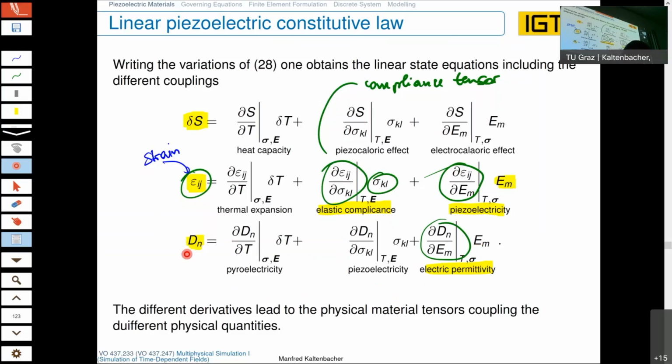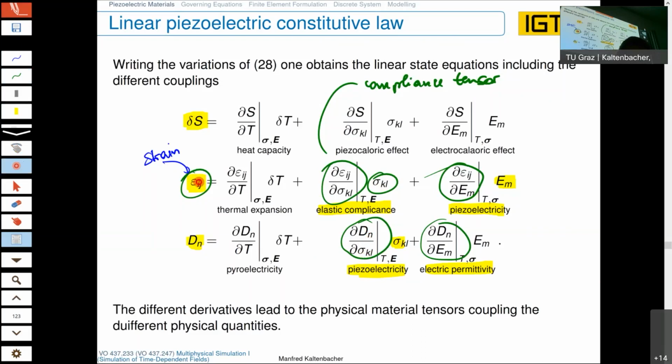And in addition, we also get the piezoelectric coupling effect because we have the mechanical stresses, and there again a tensor is coming up, which is the piezoelectric coupling tensor, given by the partial derivative of the dielectric displacement via the mechanical stress and multiplied by the mechanical stress. Okay, so without going into details of all these other couplings, you see we have here a constitutive equation